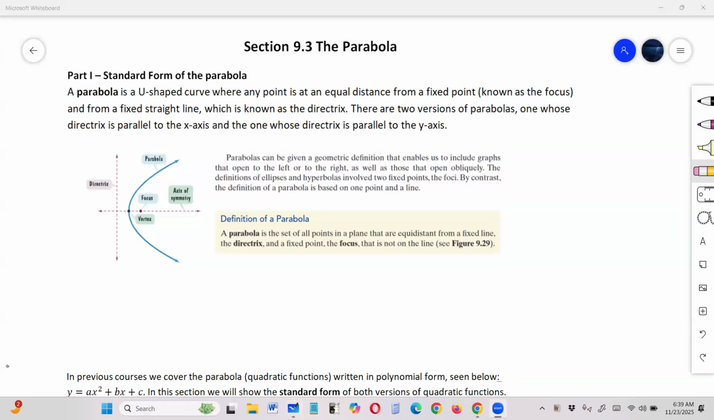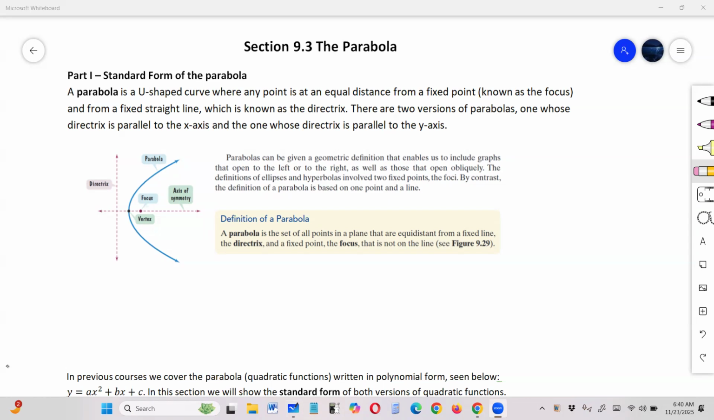Hello, everybody. So this is the video dealing with section 9.3, the parabola. And this is going to be a section where we are going to have two videos. The first one, we'll talk about the standard form of the parabola, position at the origin. And in the second one, we'll discuss translations of the parabola, where the parabola is centered at another location other